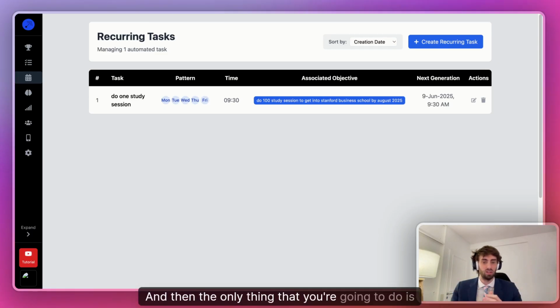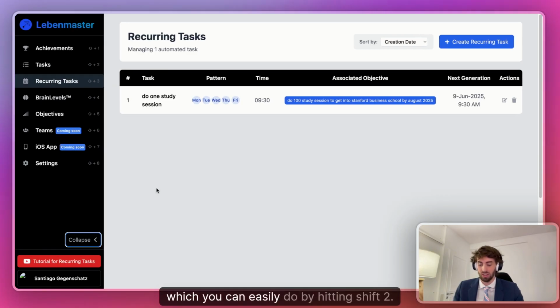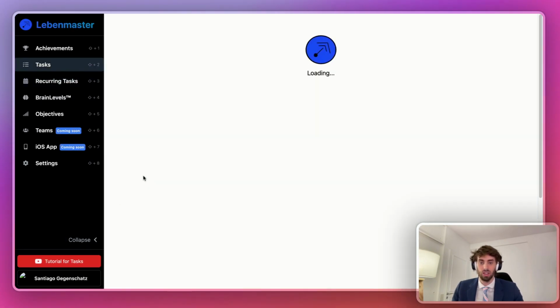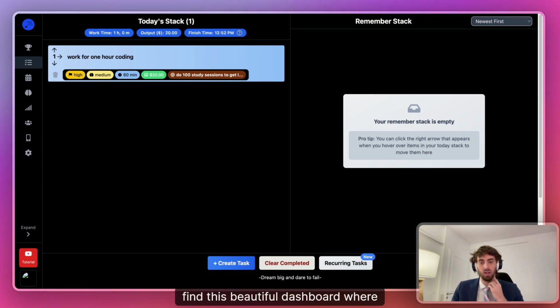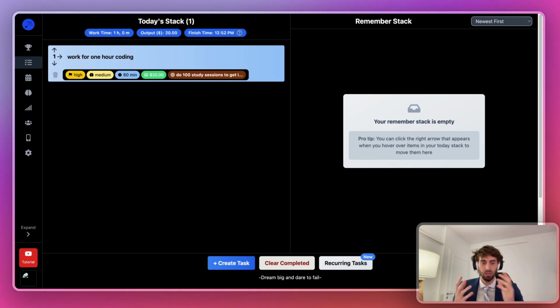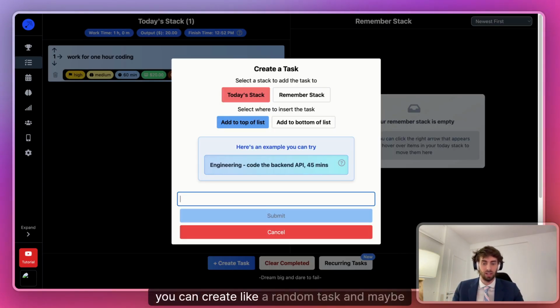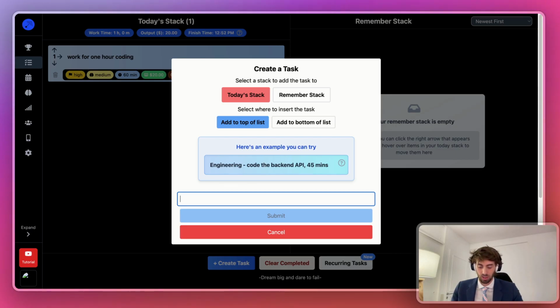And then the only thing that you're going to do is head over to the task section, which you can easily do by hitting Shift 2. And if you do that, you're going to find this beautiful dashboard where you can create, like, a random task. I don't know, maybe you need to study about machine learning for 45 minutes.